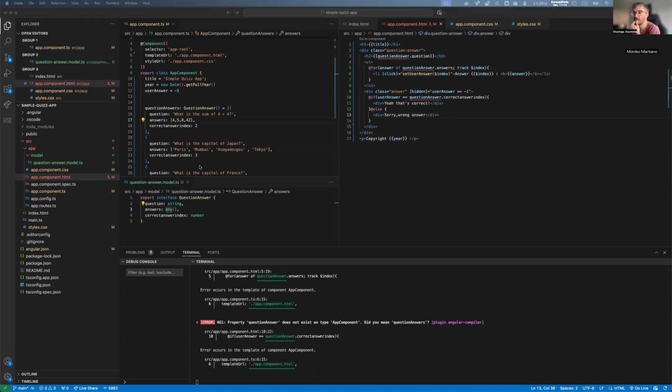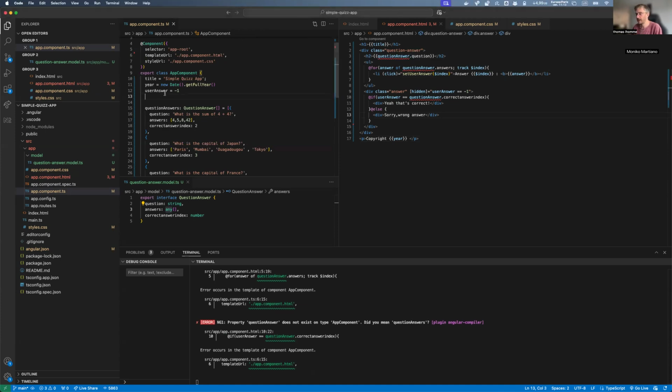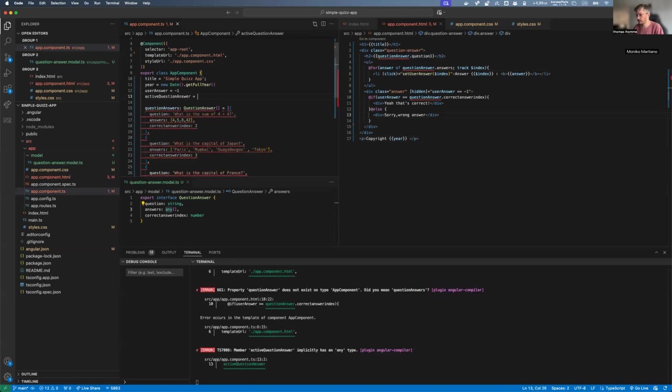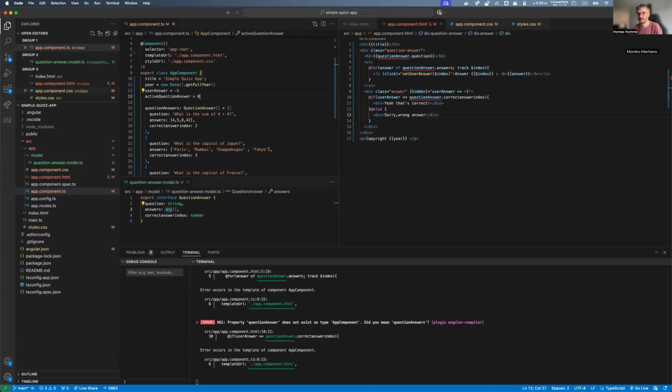So what I'm going to do is create a new variable here, and I'm going to call this variable active question answer. Since we are in an array, we know that the default one is 0, right? In an array, the first value is 0. So the first element that will be displayed is this one.